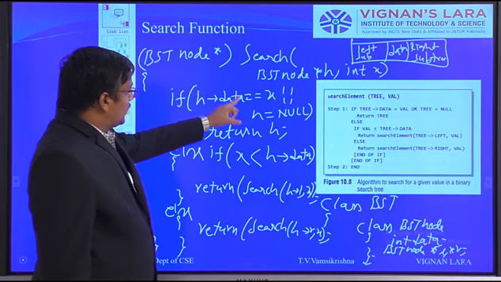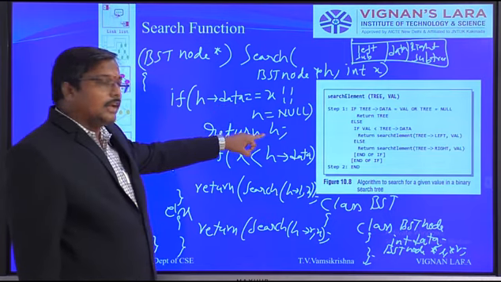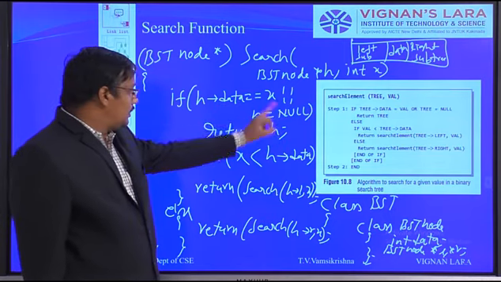If the element is found, H will be returned. If not found, null will be returned.